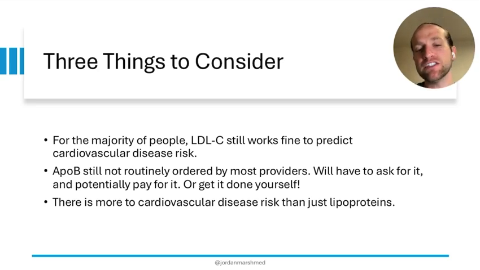There is more to cardiovascular disease risk than just lipoproteins. So it's not just this; obviously, you still have to be mindful of your metabolic disease risk factors and other things that may contribute to accelerated atherosclerosis, like high blood pressure, obesity, or diabetes. Just remember that there's more to it than this, but I think this is the main player. This is the star of the show when it comes to reducing our cardiovascular disease risk: bringing ApoB down and keeping it down as best we can.